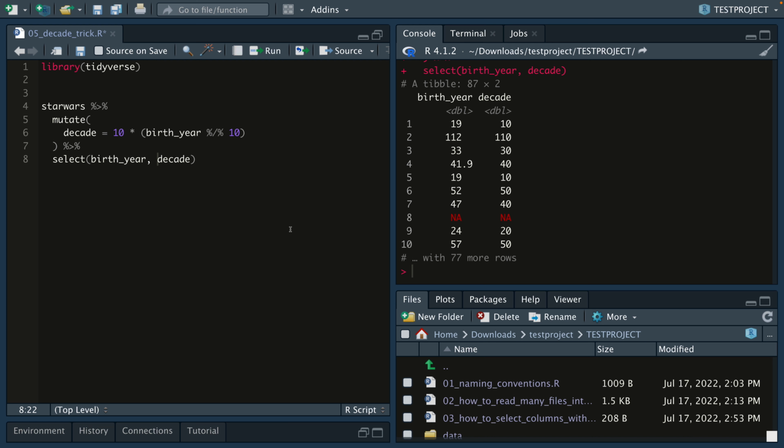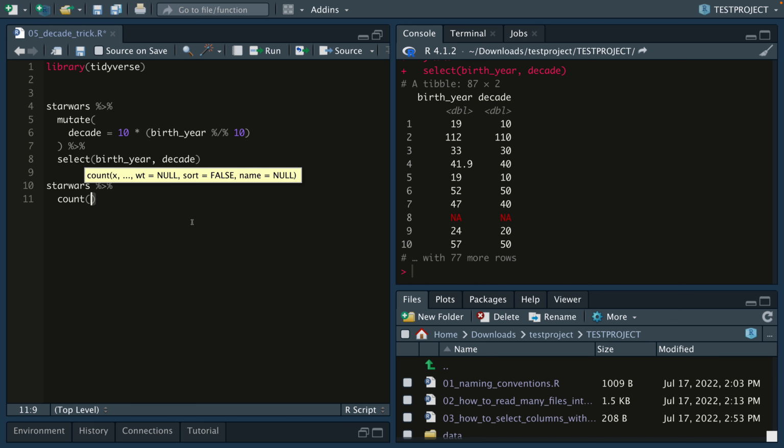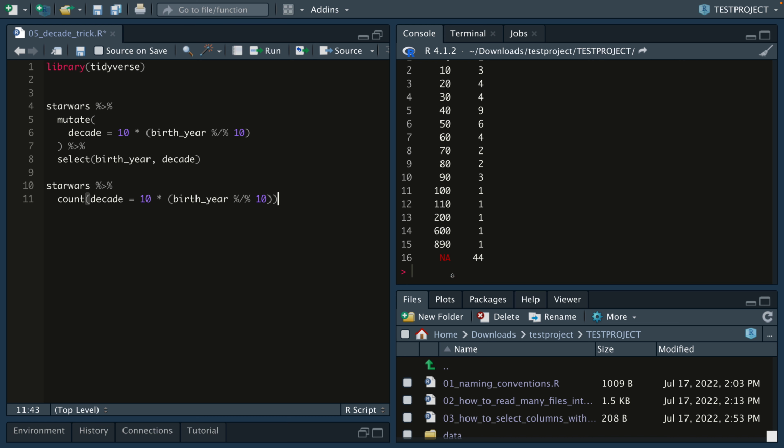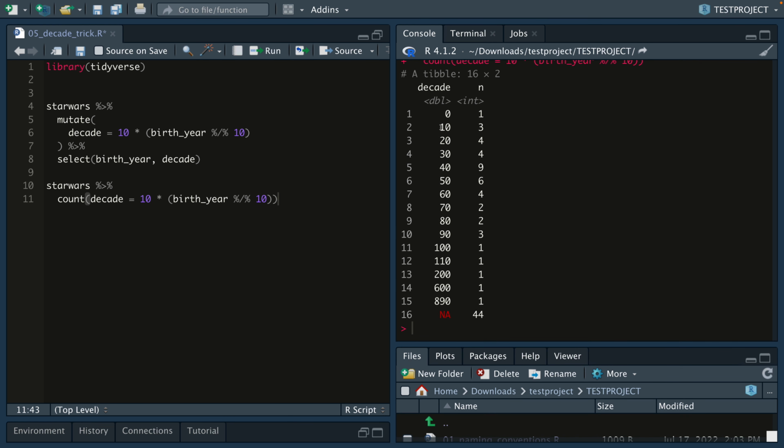It's a nice little trick, comes in quite handy, and especially powerful if you want to count numbers. For example, you could say, I want to count how many people were born in specific decades. So for that, I would convert the birth year to my decades, and then I would just count these and have a look at the data set, and then I can see, oh, all right, 3 people were born in this decade, 9 people were born in this decade,